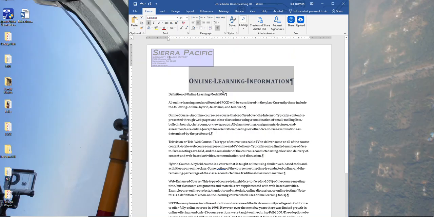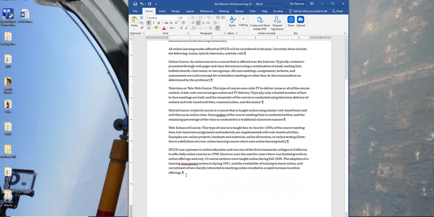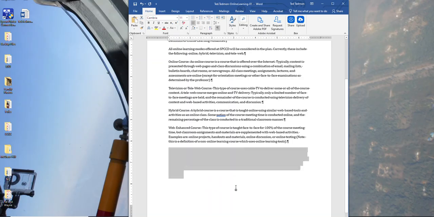Okay, so now that we have the title the way we want to, we're going to move some of the paragraphs. It says select the last paragraph in the document, including the paragraph mark at the end of the paragraph. Okay, so I've highlighted that paragraph. Click the Cut button, that's on the Home tab, or as most people do, just click Control X. That cuts it and pastes it